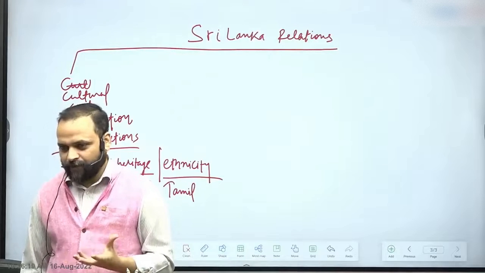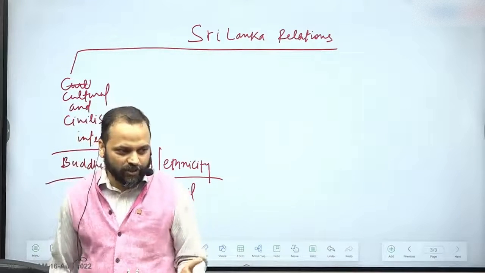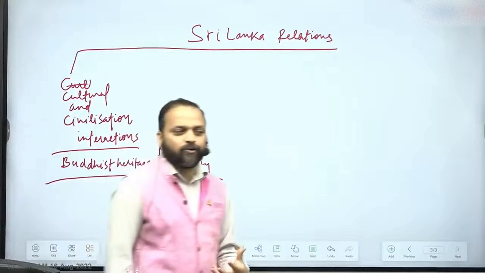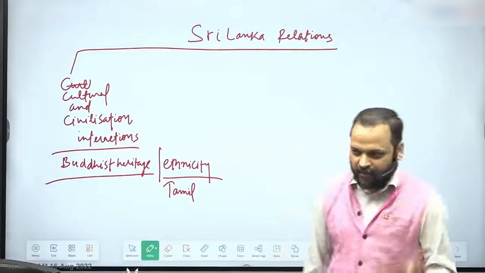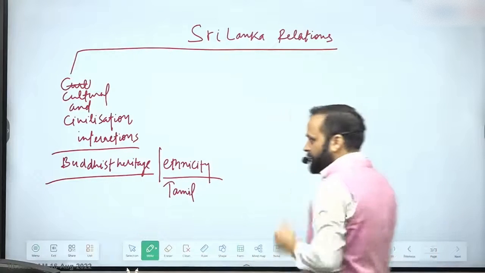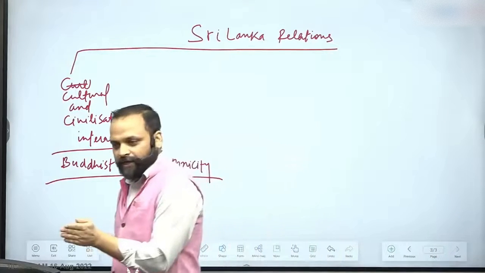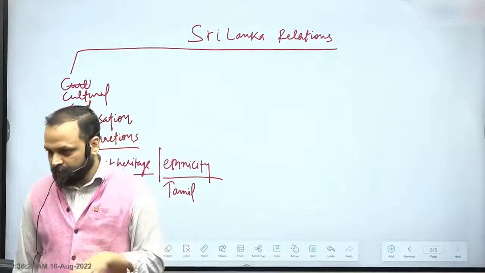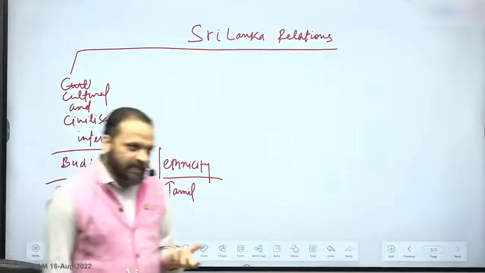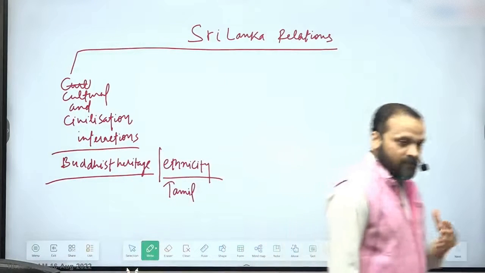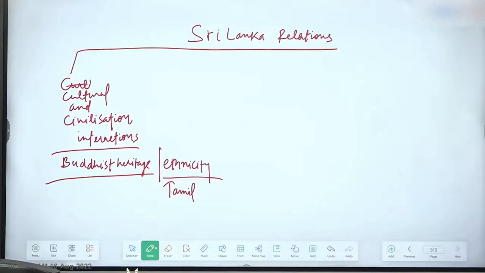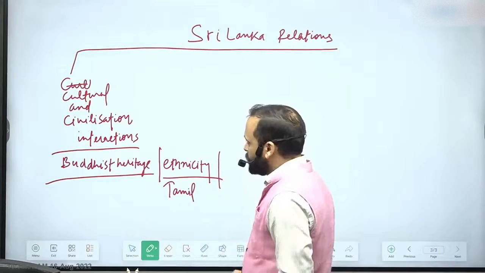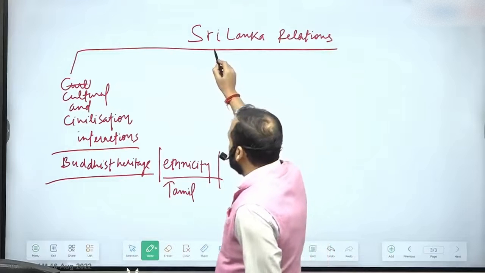So that is one way of saying that this relationship is based on cultural and civilizational interactions, intellectual interactions dating back to more than 2,500 years. We also share linkages of ethnicity where Tamil is an important community, an important spoken language on both sides, right? Similarly, ethnic communities like Sinhala also share commonality with the people in India, including linguistic commonalities. So that is one level of interaction.